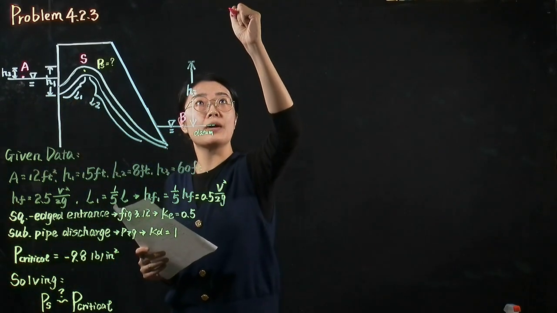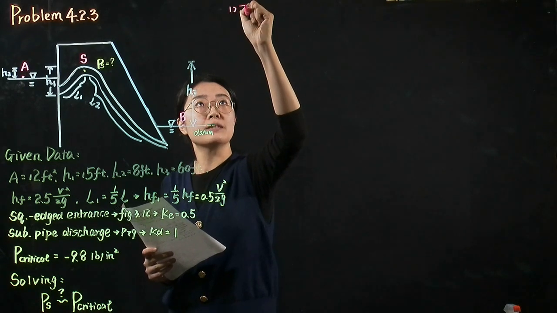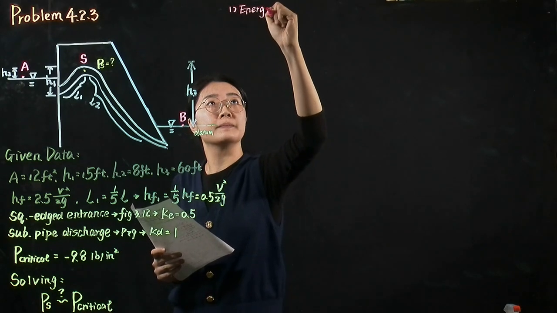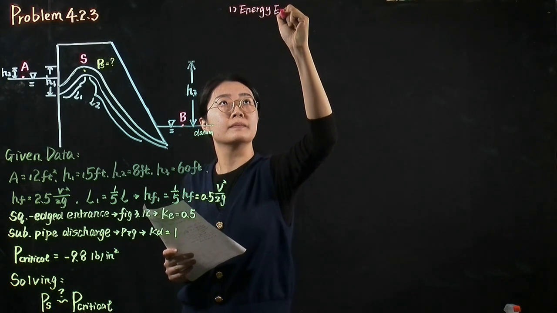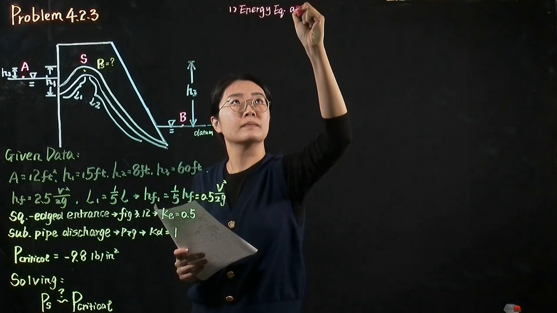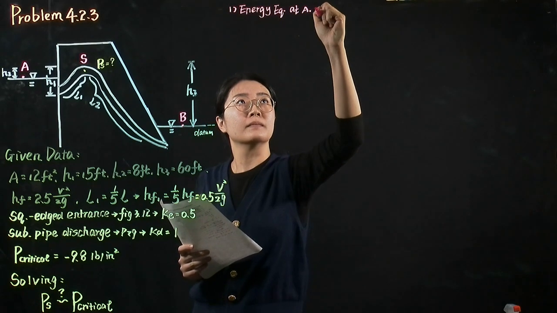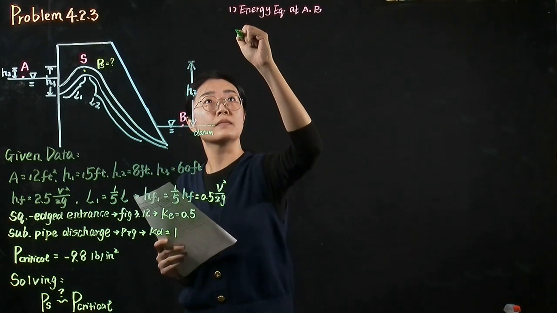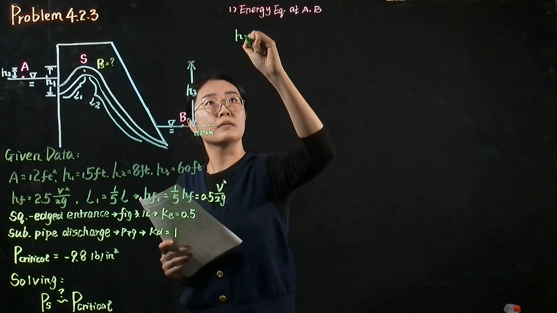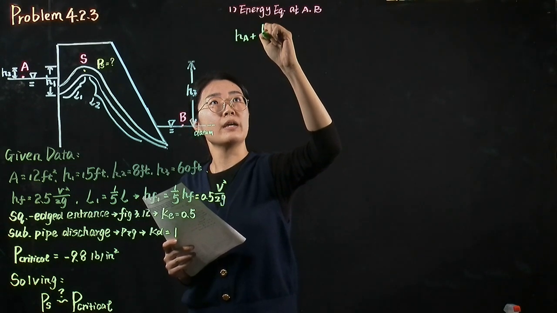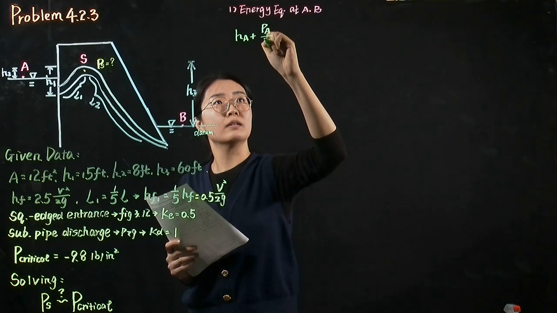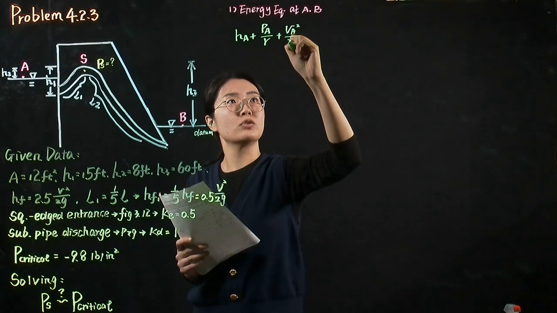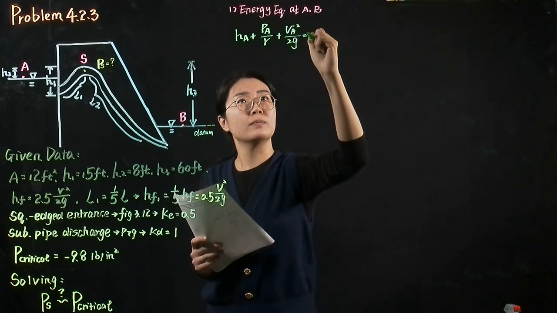First step is to write down the energy equation at point A and point B. HA plus PA over gamma plus VA squared over 2g equals